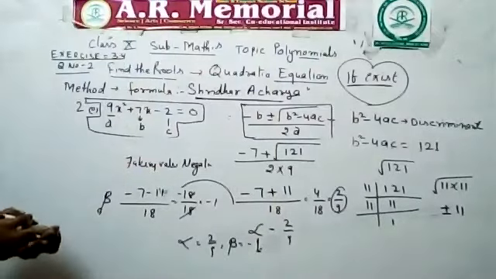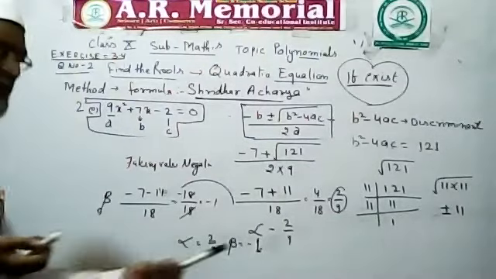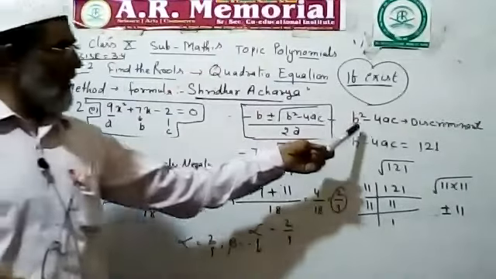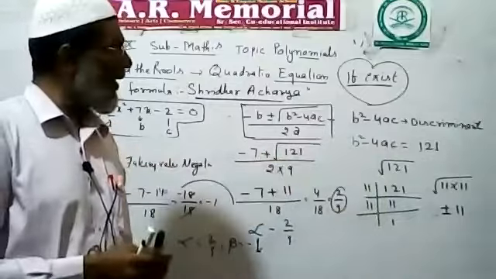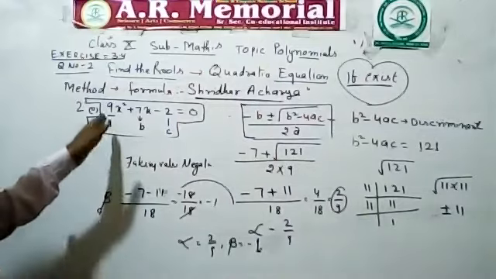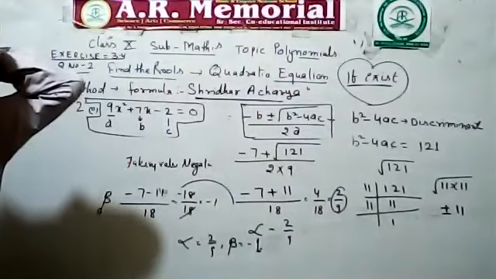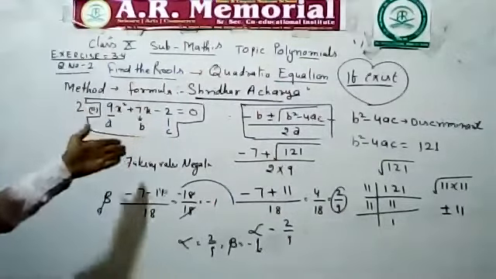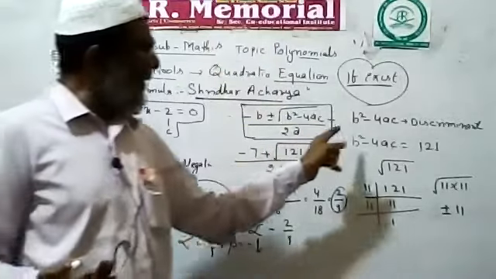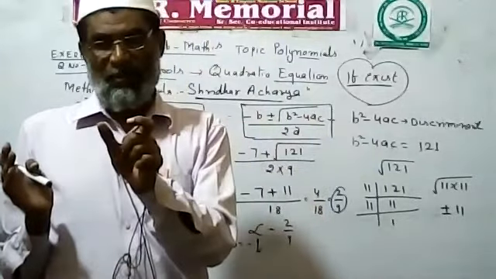In short, only 3 steps are there. You try to learn this. Sridharacharya formula is there, and the discriminant is a part of this. First of all, we take the values; I am continuously connected with you. For the alphabets a, b, c: the coefficient of x square is called a, the coefficient of x is called b, and only the constant number is called c. Then we put them directly into b square minus 4ac first of all. If you solve this part, it will be made too easy.